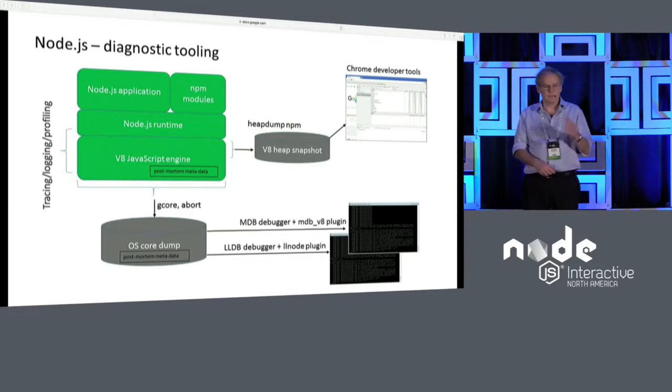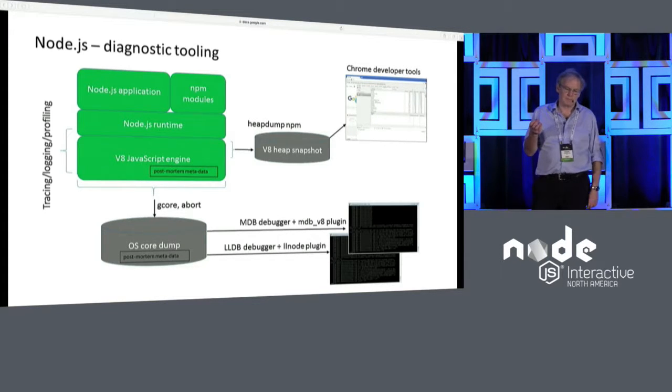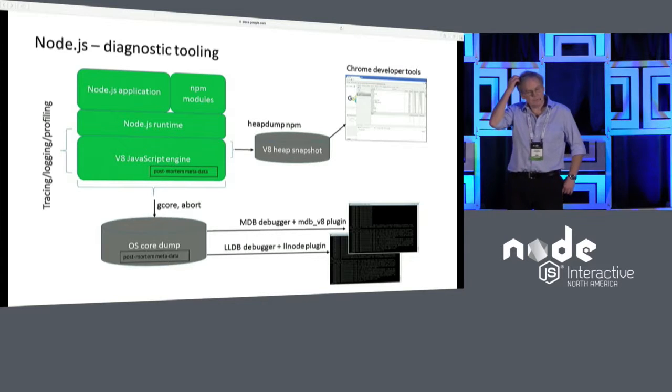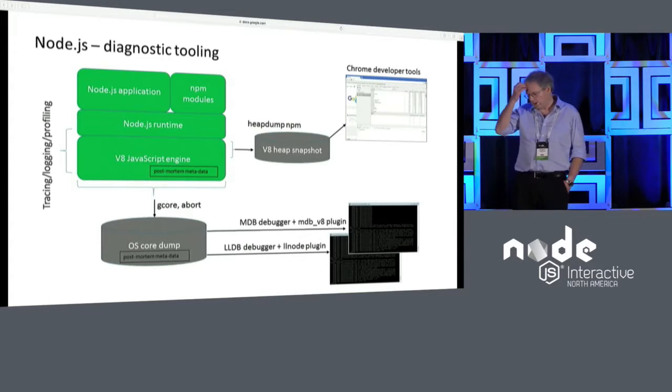And they exploited that in their Joyent MDB debugger, which has been around for a while. The thing they have is what they call the MDB V8 plugin, which gives you the extra capability on that debugger to look at JavaScript artifacts inside a core dump. And then more recently, Fedor and Dutney, to whom we raise our hats, started the same sort of work for a debugger called LLDB, which is part of the LLVM and Clang open source tool set, a nice open source project to be working with. That gives us support on Mac and Linux, and it's got some cross-platform capability, so you can read a Linux core dump on your Mac. I'll tell you a bit more about what we did there. Top right, heap dump.